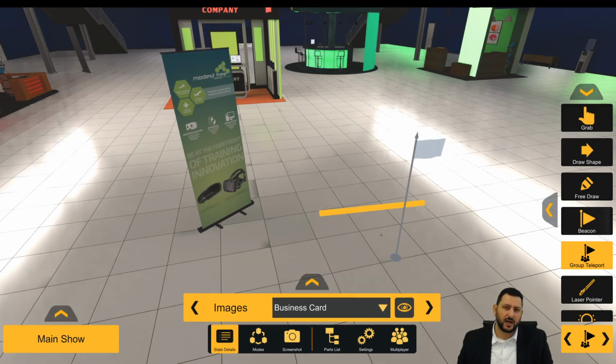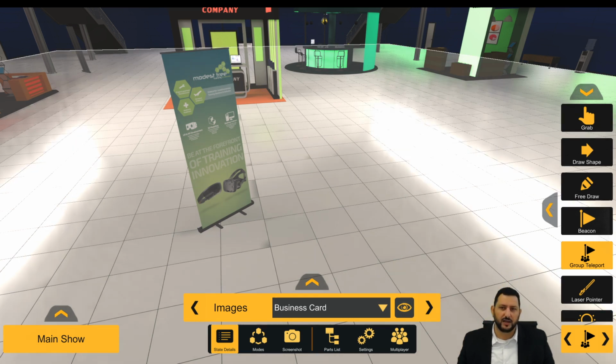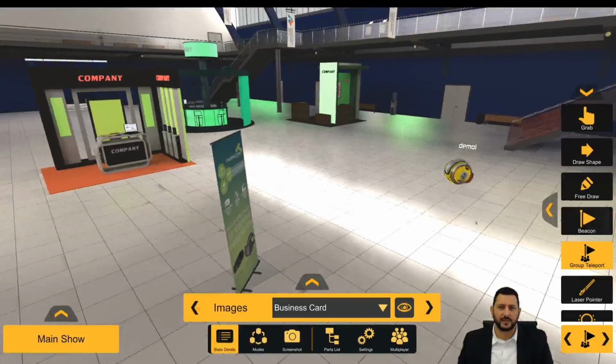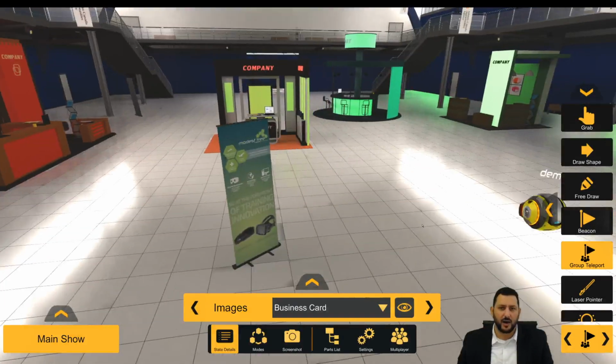When I click on the ground, I will see an arrow. The arrow will represent the point of view they're going to be looking towards, and that yellow line is where the people I teleport will stand. So in this case, I want them to stand in parallel with that banner, and I want the point of view they're looking towards to be that banner using that flag. So once I do that, you'll notice that they immediately teleport to this location,